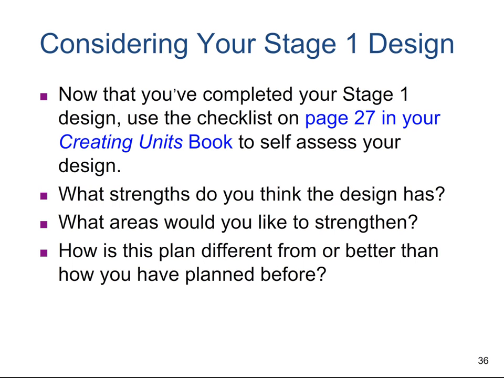But more than a checklist, I think it's really important to think about qualitatively how you feel and how well you think you're doing. And that's why I asked those follow-up questions below. So the strengths, things you would like to strengthen, and then how you feel like what you're doing is different. And those are the ideas that you really want to keep in the back of your mind as we're moving forward. We will come back. So you're just looking at stage one on page 27. We're going to come back to this after stage 2 and 3 and make sure that you have an opportunity to look back and self-evaluate again.